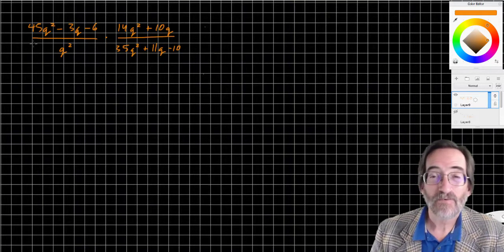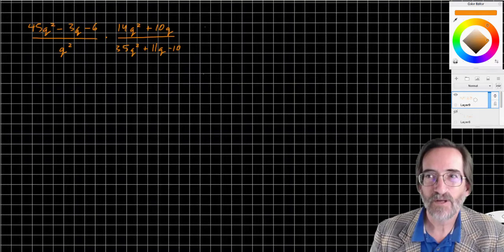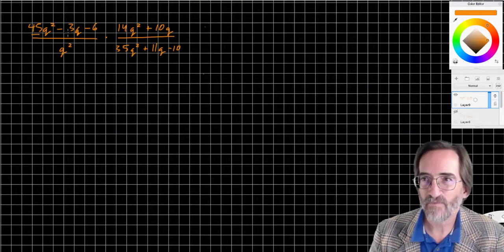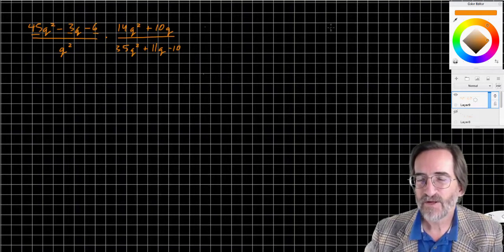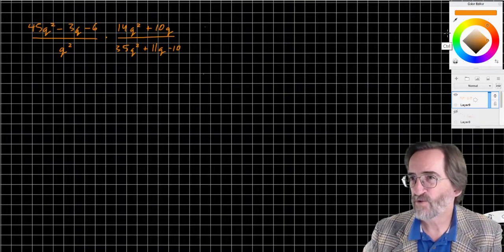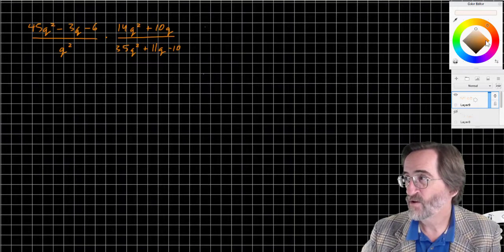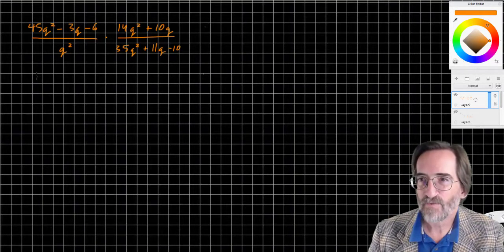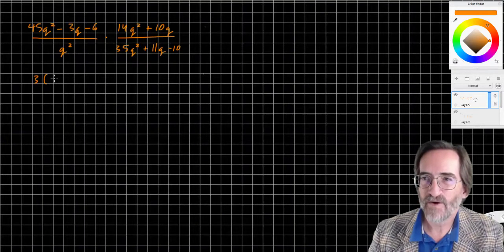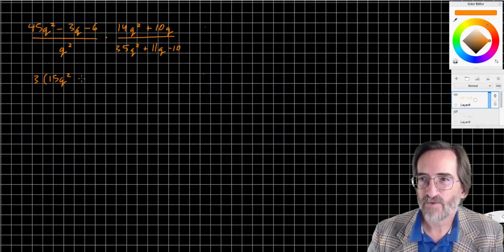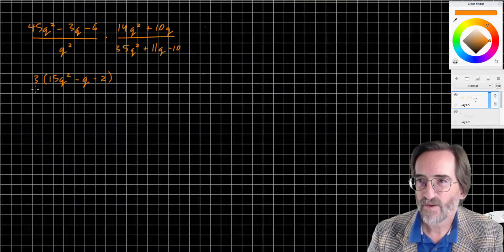So the first step of factoring a quadratic is to determine if there's anything that divides evenly into all of them. 45, 3, and 6. Think about it. What number divides evenly into 45, 3, and 6? And the answer is 3. They're all divisible by 3. So I'm going to write a 3 out in front. Okay, and I'm going to divide. 45 divided by 3 is 15. Use a calculator if you need to. 3 divided by 3 is 1. 6 divided by 3 is 2. Okay, over q squared